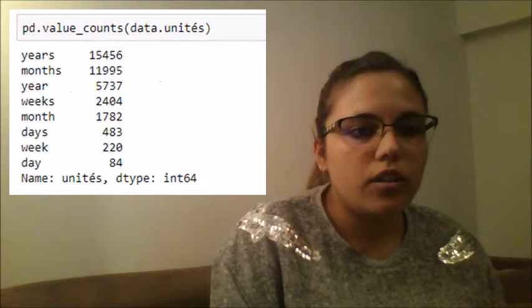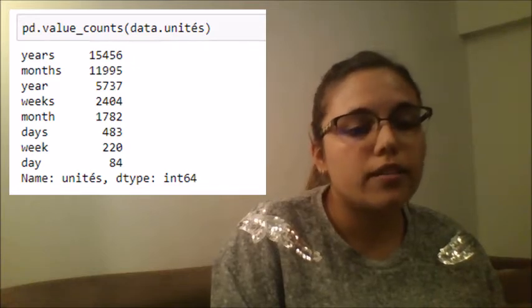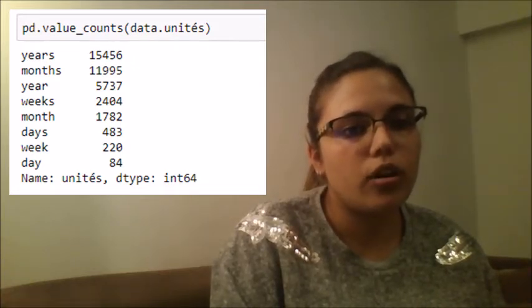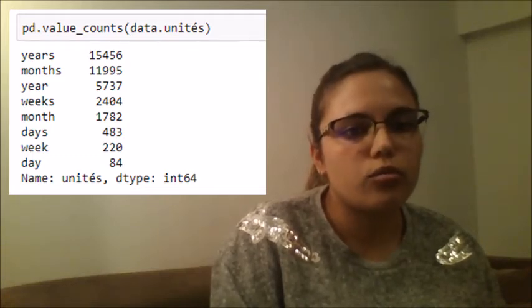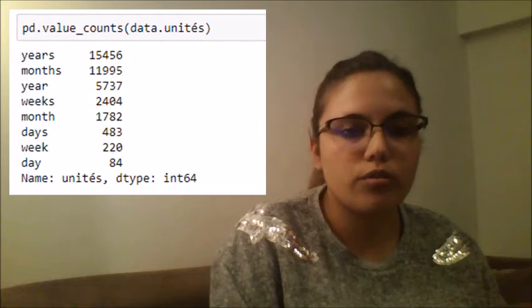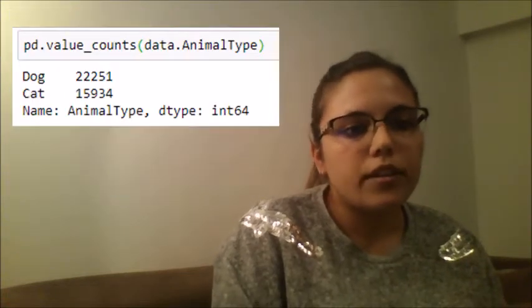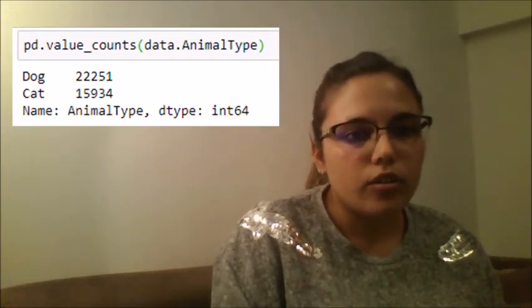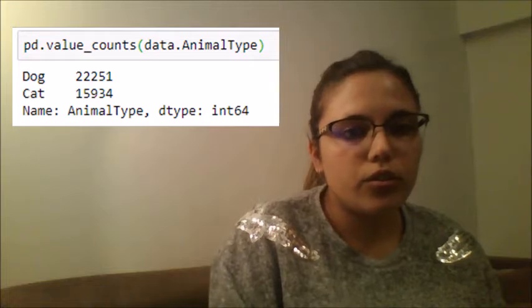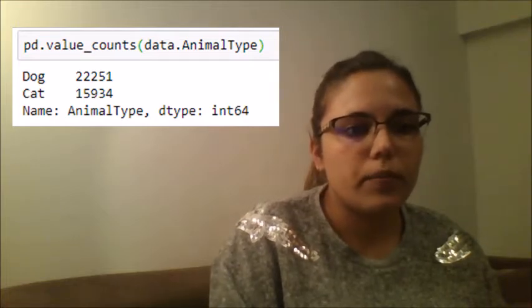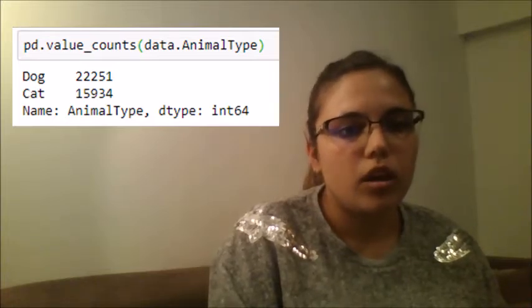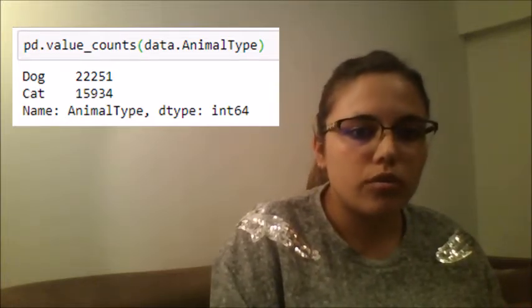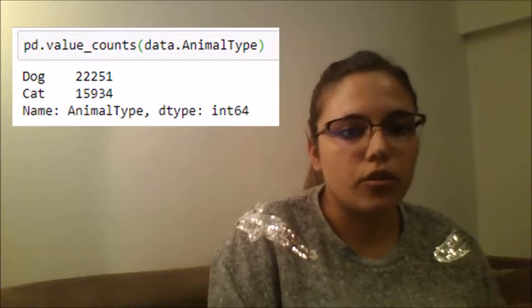For the age column, the values were in days, weeks, months, and years, so I converted them all into years so we can create some graphs with it. We can see that there are only cats and dogs, and the info in the breed and color columns was different depending on the animal type. So I created 2 new datasets, cats and dogs.